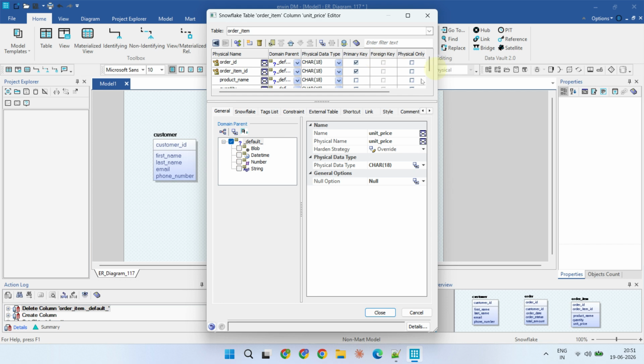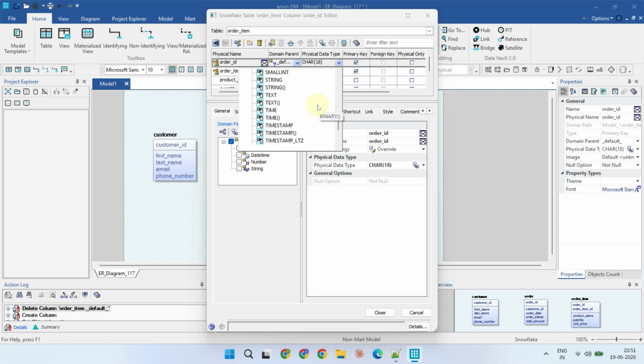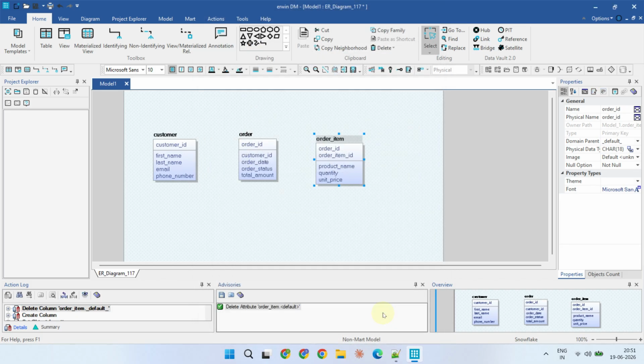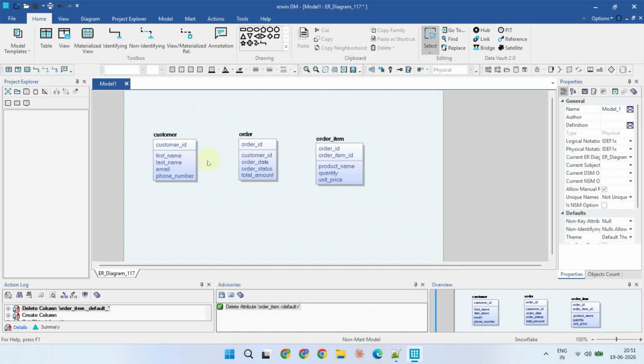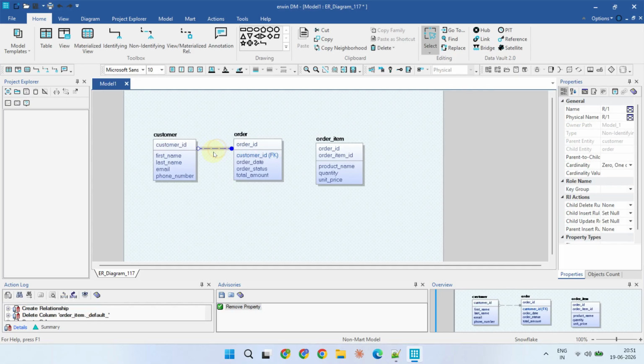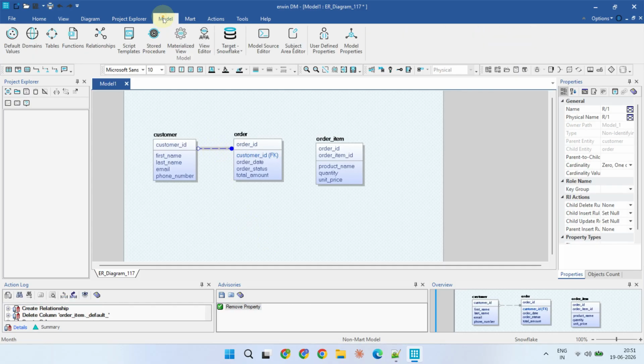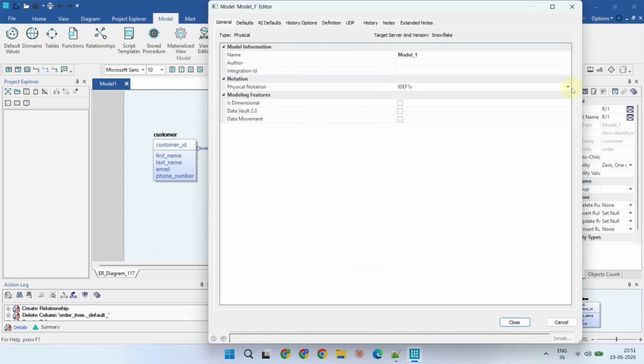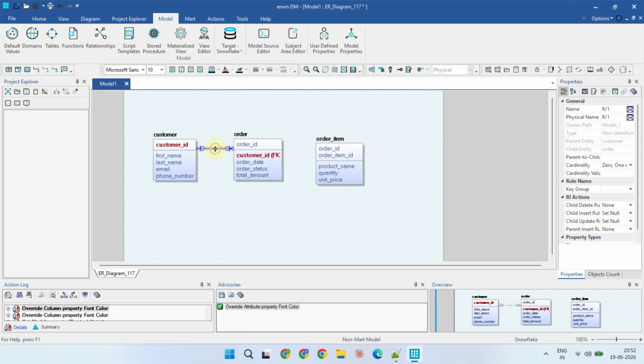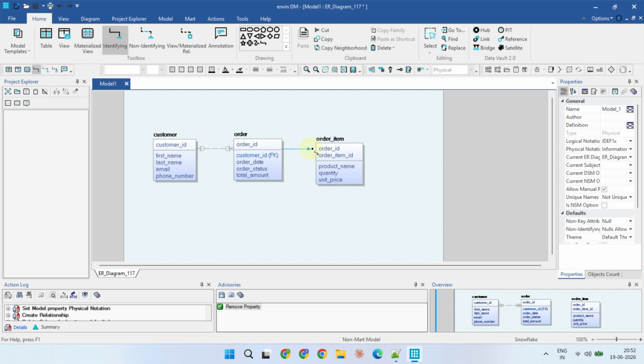One key advantage of tools in this category is that they provide proper database-specific data types and constraints, which ensures your model aligns closely with real database standards. Next, we define relationships between the entities. It's also important to note that notations can sometimes look different depending on the configuration. If needed, you can change the notation style for model properties. I've only created 3 tables here for simplicity, but in real-world projects, you will typically work with many more tables